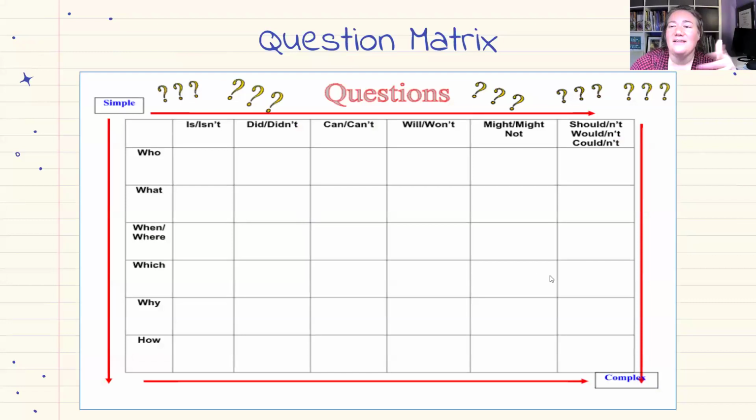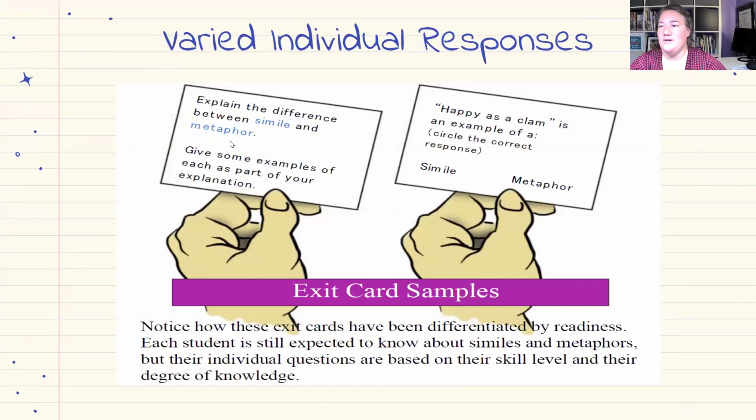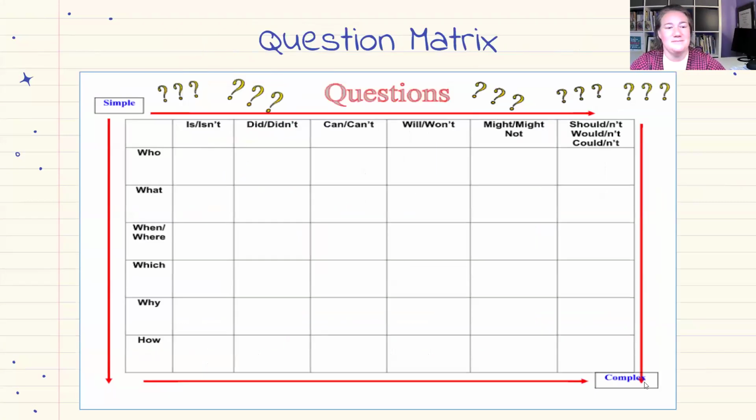I love the question matrix, and I love it for a bunch of different reasons. One, I like charts. I like arrows. I like that it gives you a lot of different areas to go to. Sometimes I outsmart myself. One of the things I really like with this is using it also with numbers or points. So if you do 1, 2, 3, 4, 5, whatever points all the way down, and then you do the same thing this way,